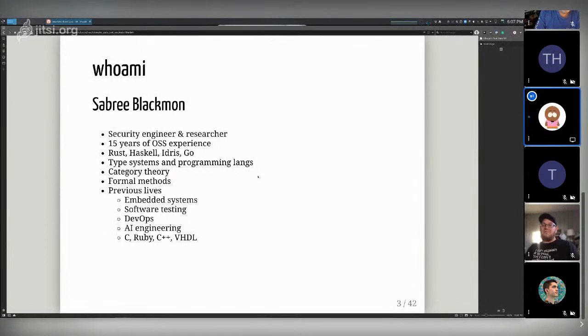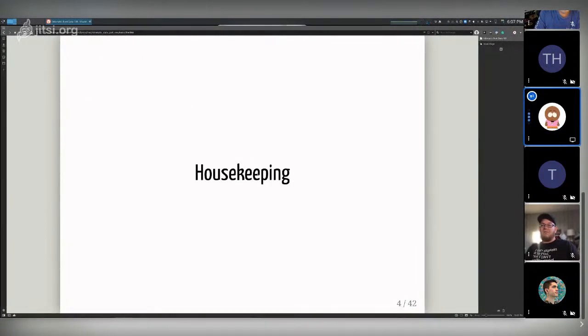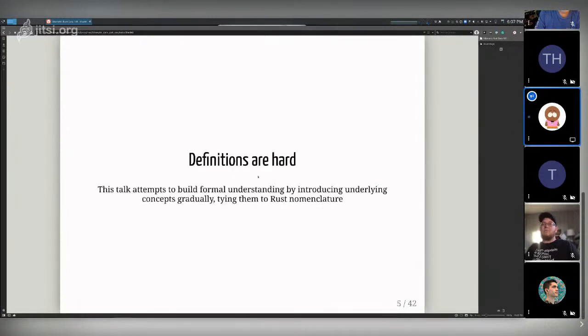That's pretty much me. A little bit of housekeeping before we go too far into it. Definitions are hard, and you'll recognize this throughout the talk. I'm trying to really build understanding from the ground up, introducing concepts gradually, but trying to use Rust nomenclature whenever possible.